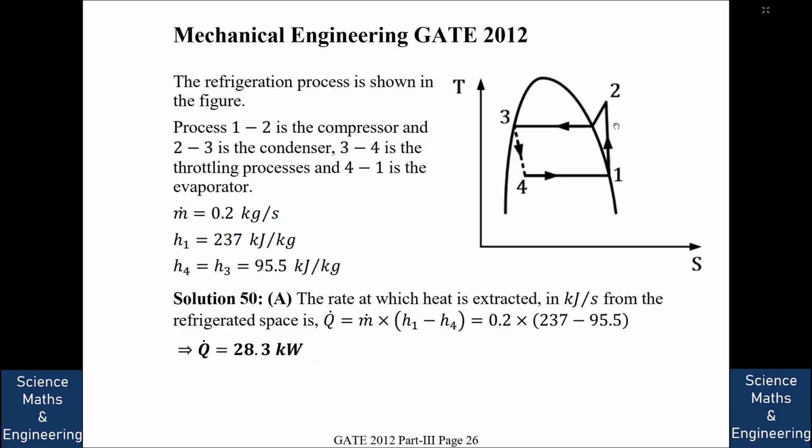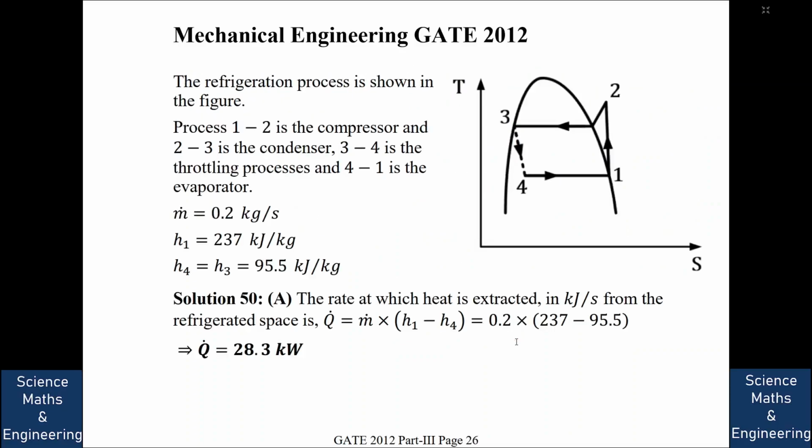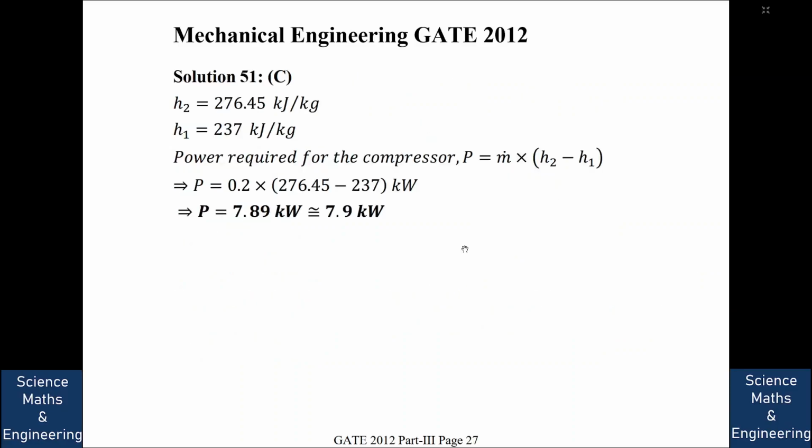So H1 we know, we need to know the H2. Now if we go to the table, we see that it says superheated refrigerant at this 800 kilopascal is how much? It is 276.45. The enthalpy is 276.45 kilojoule per kg. So this H2 would be then